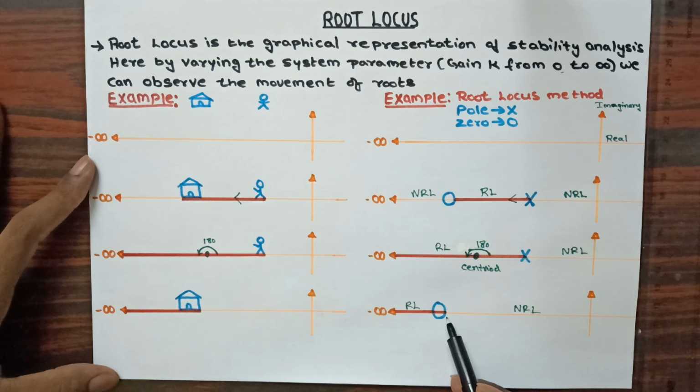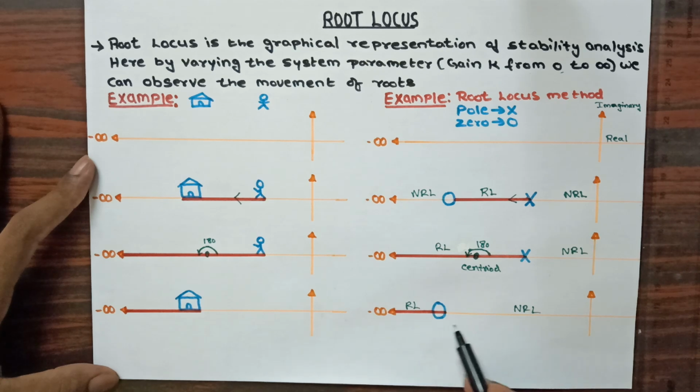From this point to this point I am not having any pole or 0, that is count is 0, even count. From this point to this point we are considering no root locus path. Now at this point we got the count 1, that is 0, 1, that is odd. From this point to next we'll try to see any count is there or not. If not, till infinity we are going to consider that as a root locus path.